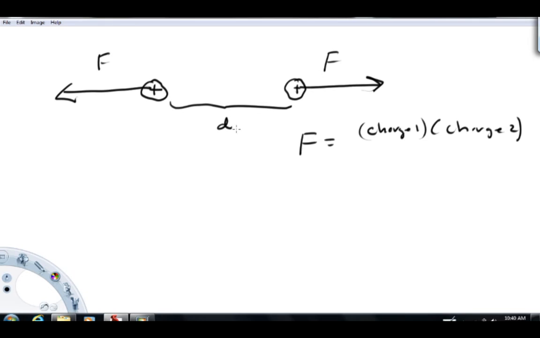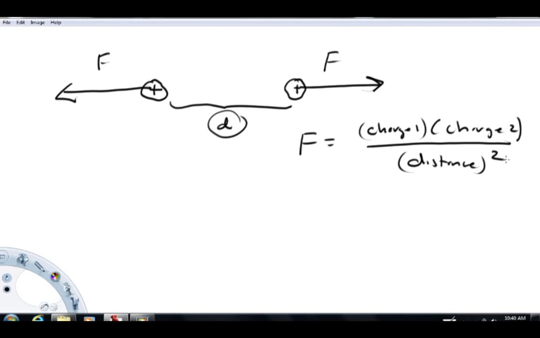And it varies inversely with the distance between them. And what that means in physics, inverse variation means basically when the distance gets bigger, the force gets smaller. So mathematically, the distance goes on the bottom. And it turns out that the distance is being squared. So this law, and I'll write it out in a more detailed sense in another video, but this law is known